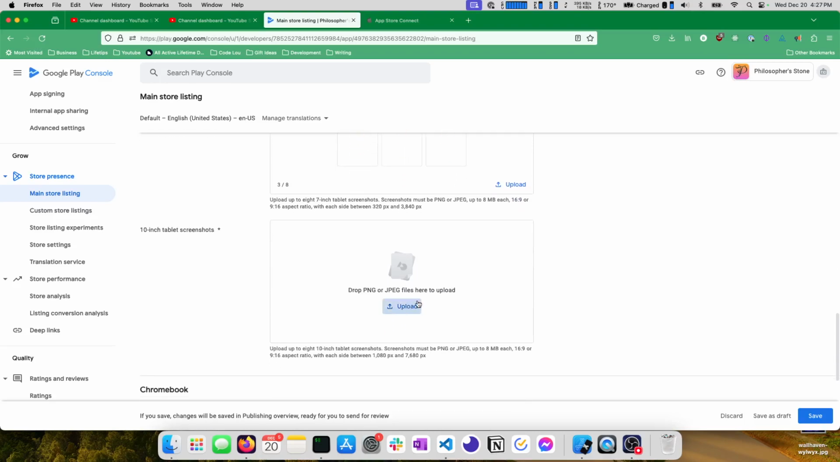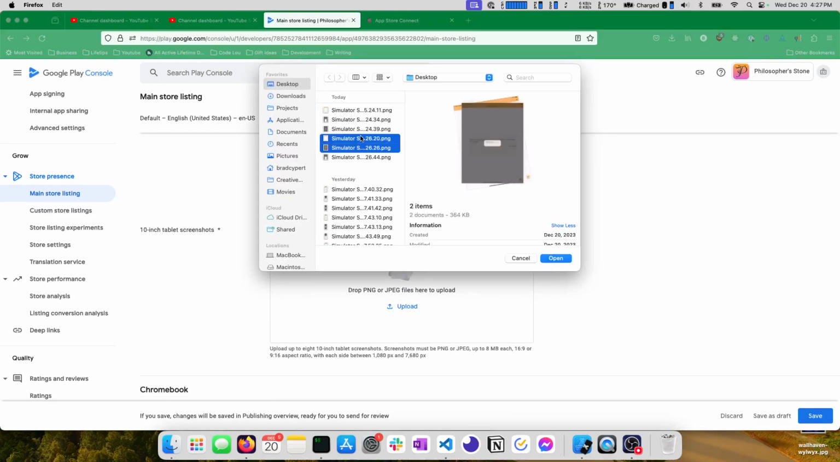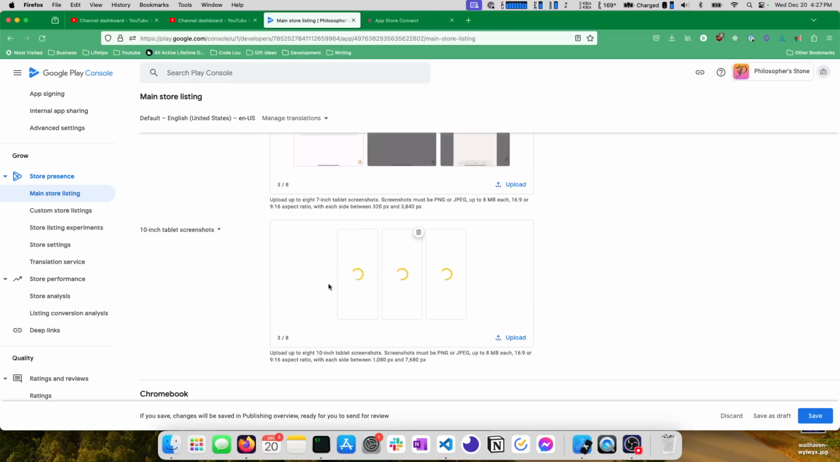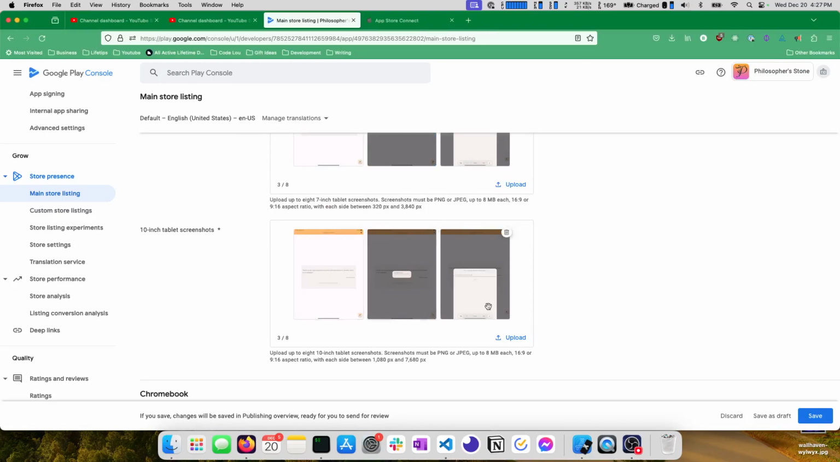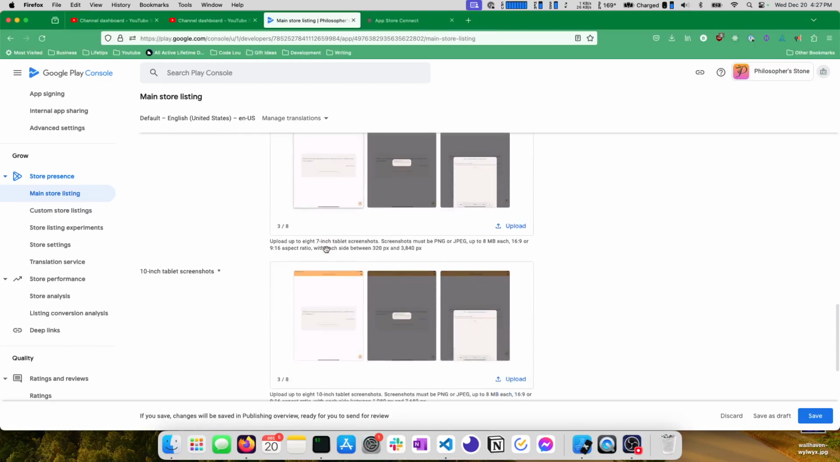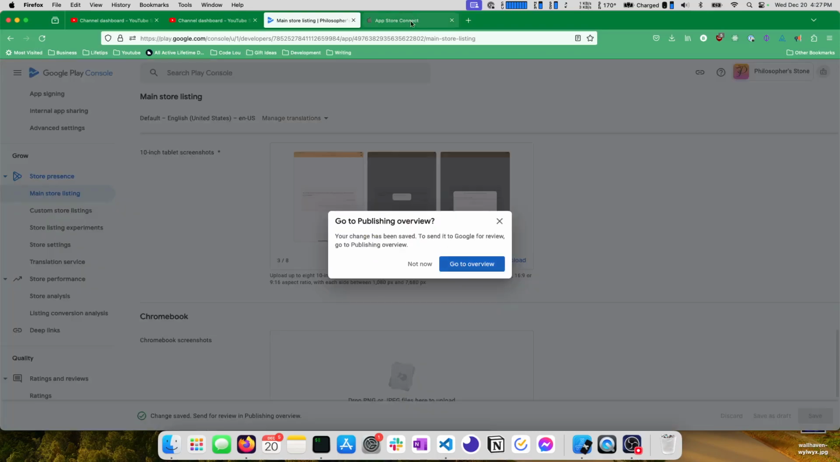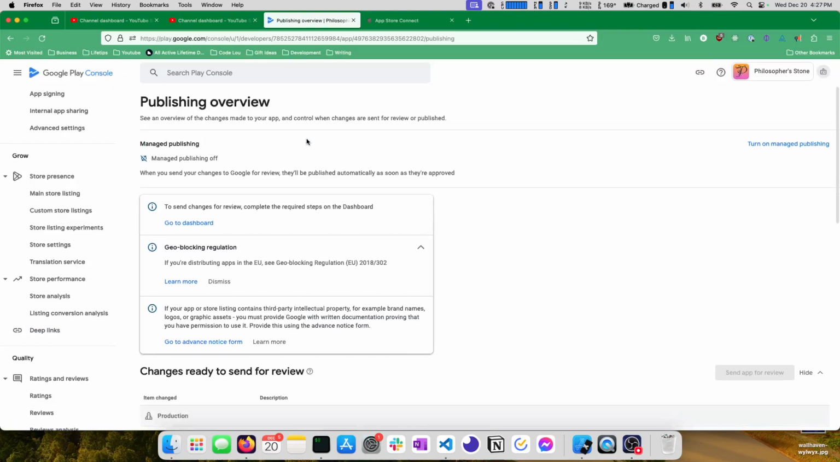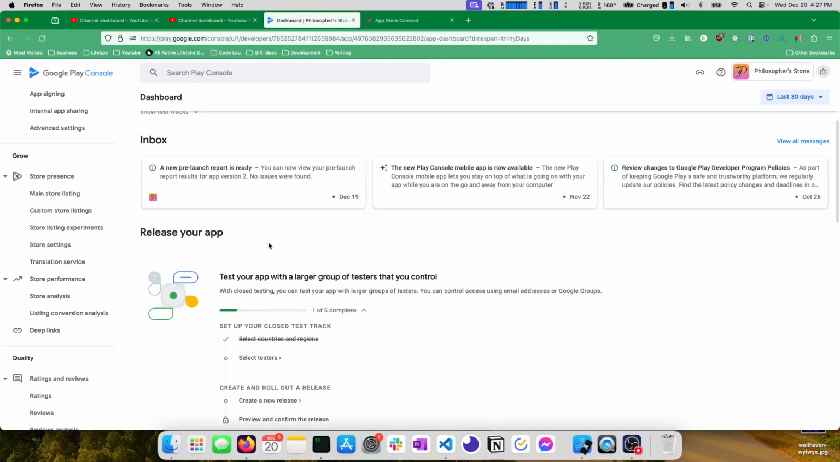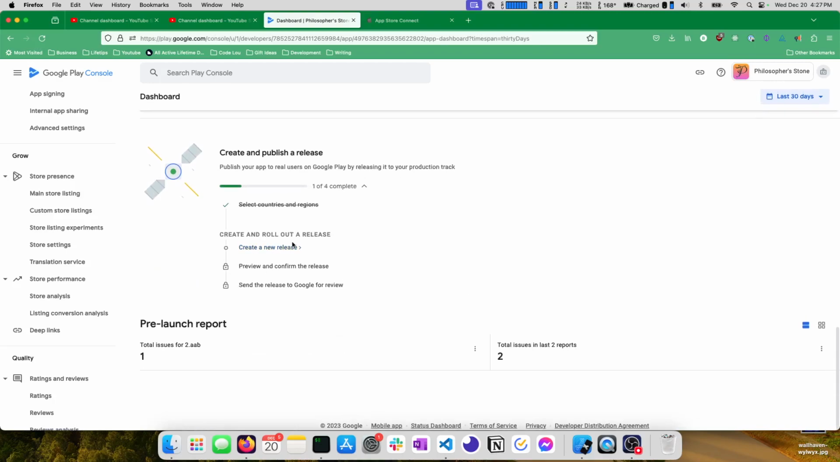And conveniently with our 10-inch tablet screenshots, if we're shooting on the latest iPad, the 12-inch iPad or whatever, we can use those screenshots here as well. So you can see that's kind of what that looks like. We can save these, go to Overview. Now that we're here, we can go back to Dashboard,